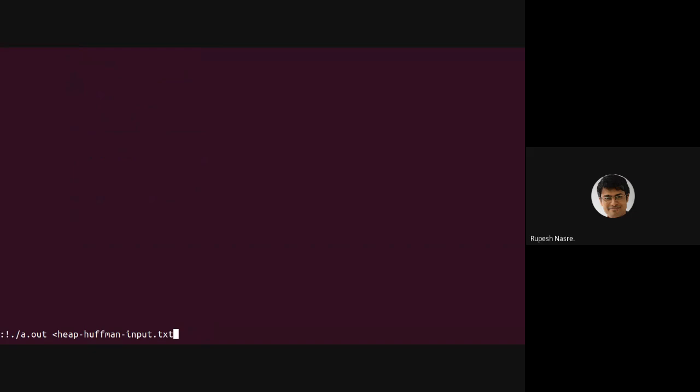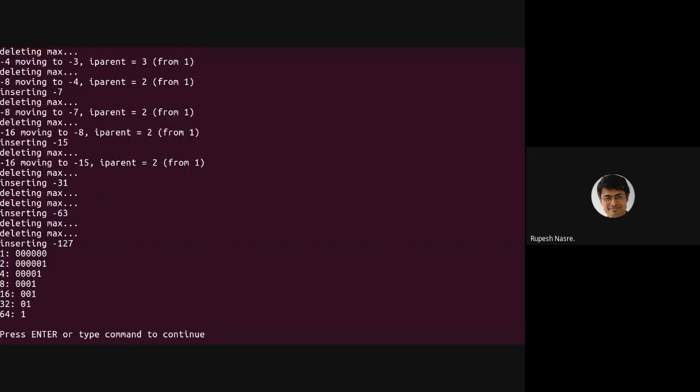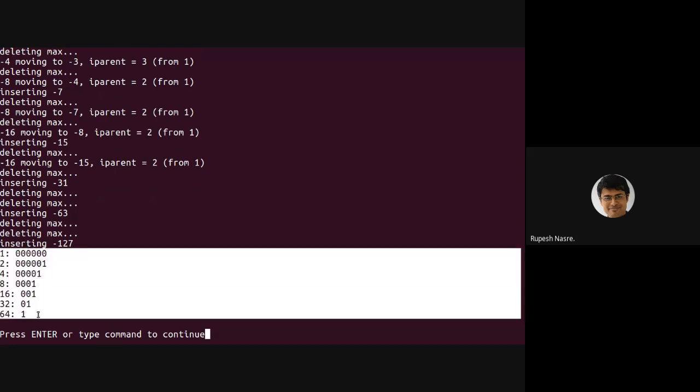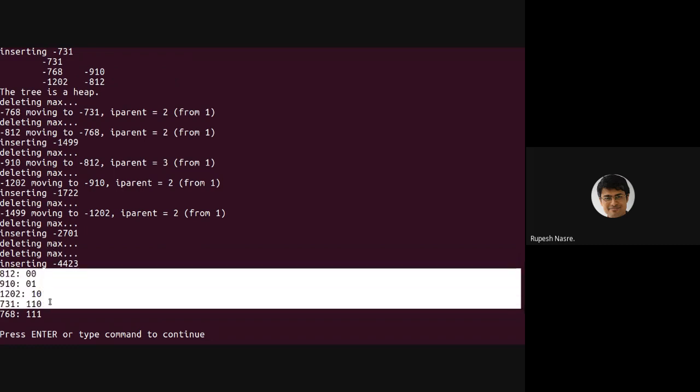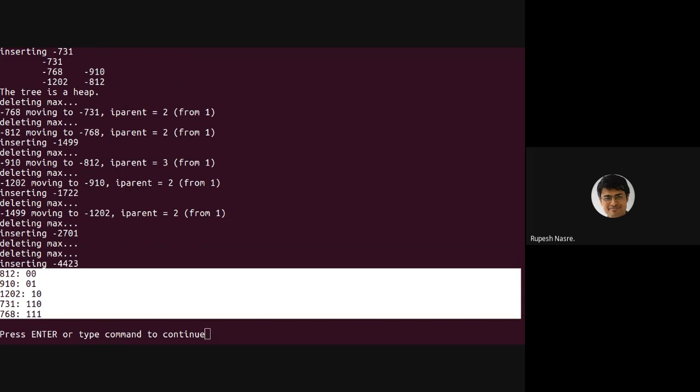Okay. If I give you some other input, it gets a different code. So these are very carefully made such that the code might turn out to be very different than what you anticipate. Right? Then there is input 3, and you can play around with different values of these frequencies, and so you get different codes for these different frequencies. All right. Any questions so far?